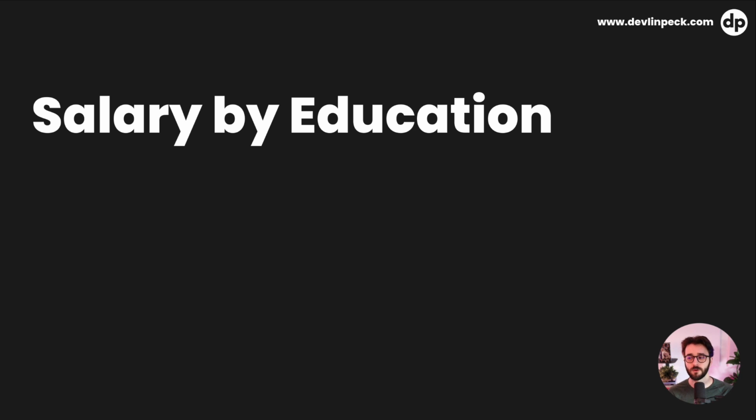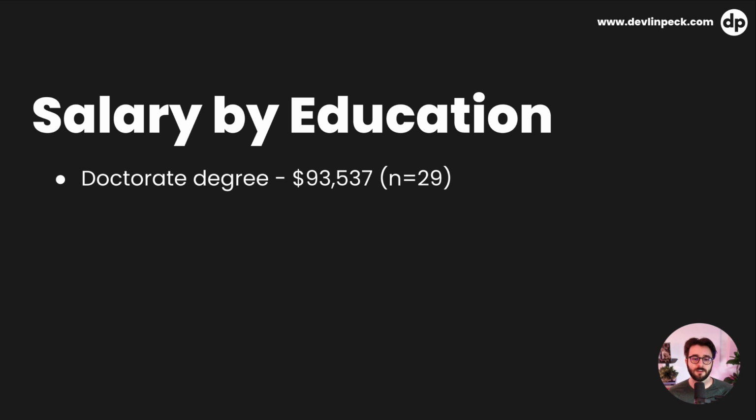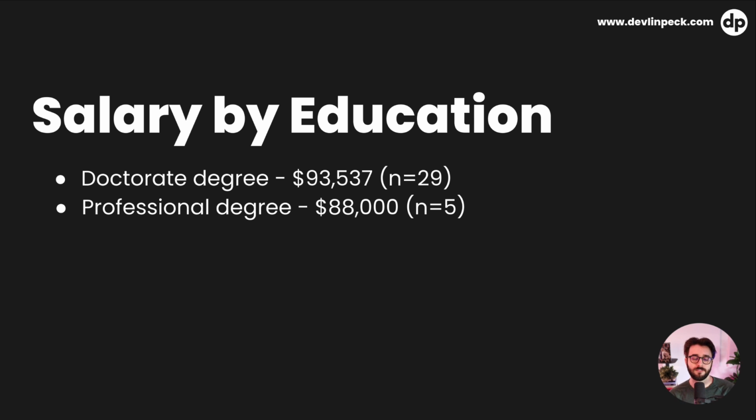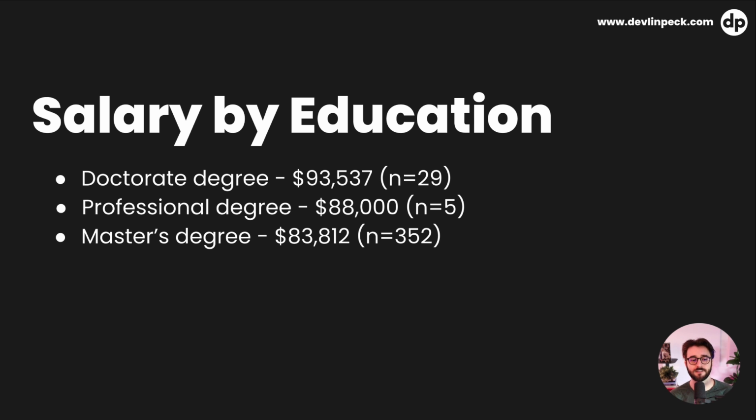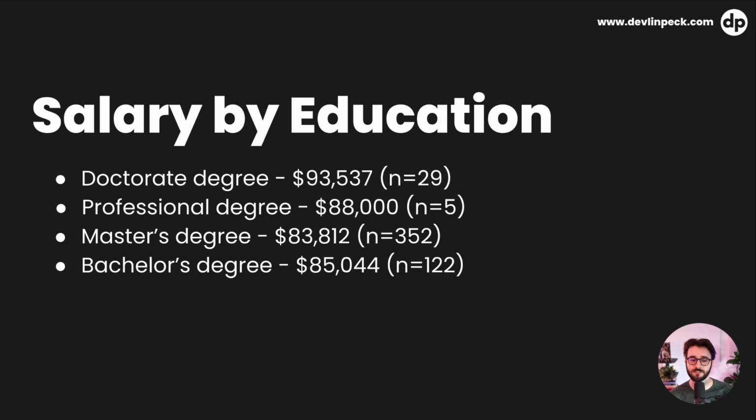Salary by education. This one may surprise some of you. Our respondents with doctorate degrees reported the highest earnings with an average of 93.5K. Professional degrees, like a law degree or a med school degree or something like that, reported 88K, and we only had 5 respondents with professional degrees. A lot of respondents with master's degrees. So 83.8K is the average if you have a master's degree. And surprisingly enough, if you only have a bachelor's degree,